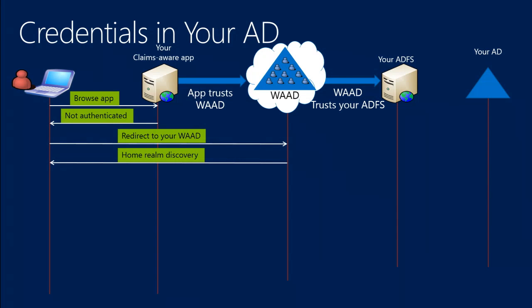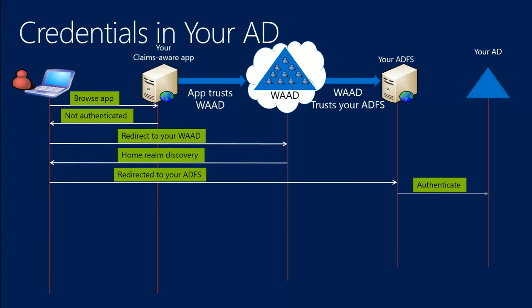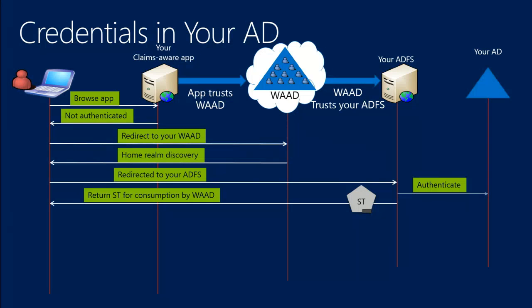Otherwise, it immediately redirects you off to the ADFS server that you have the federated relationship with. At that point, you authenticate against your own AD, return the token, and present it back to the Windows Azure Active Directory,